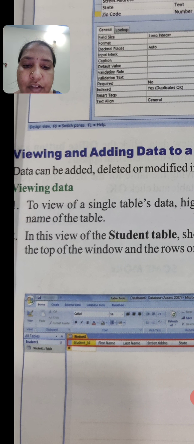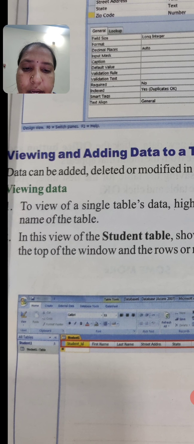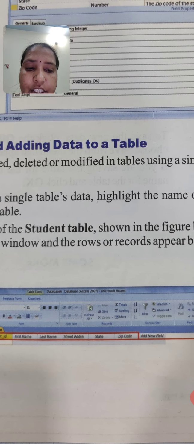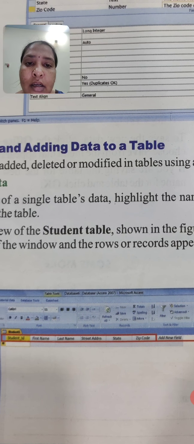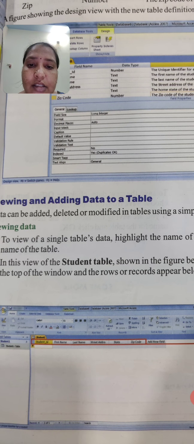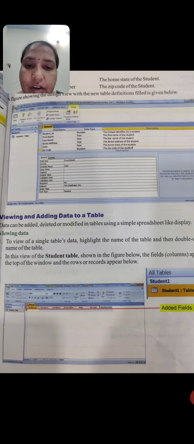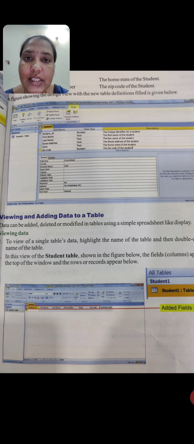It consists of the fields: student ID, first name, last name, street address, state, zip code. These are all the fields of the table called Student 1. That means we can view the fields in the table with the name Student 1.